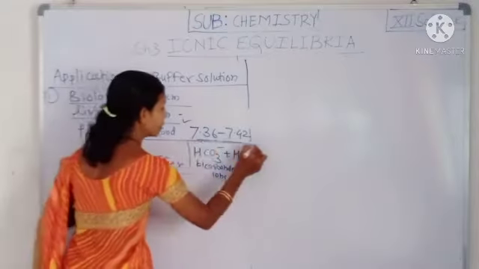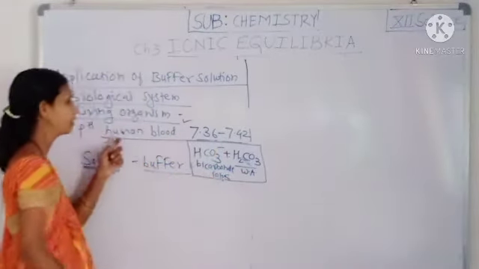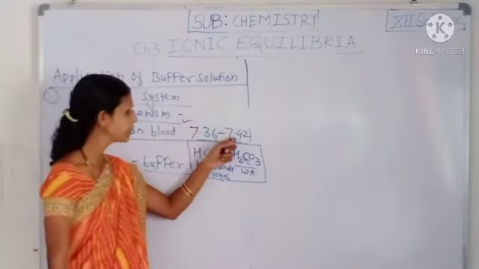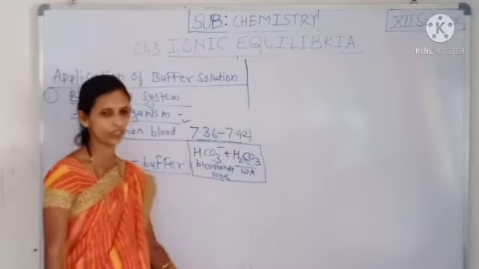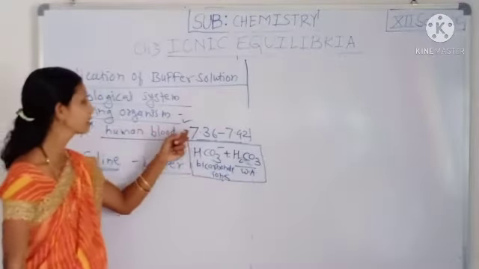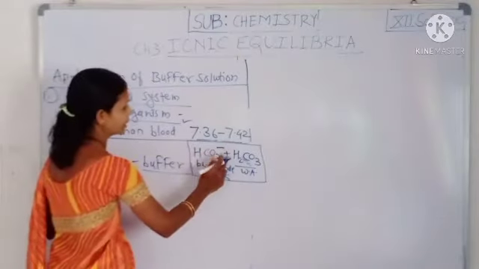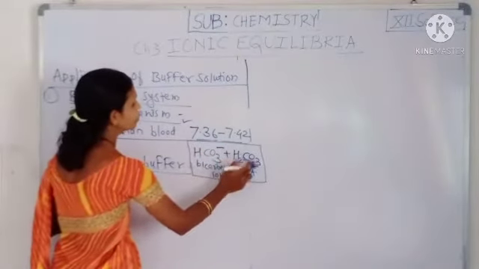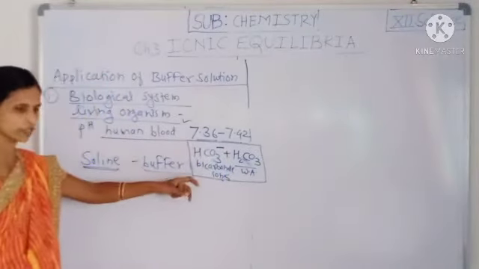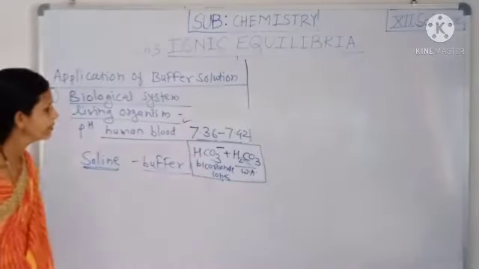Because of that buffer which is present in blood, the pH of the blood lies between 7.36 and 7.42, and almost all physiological functions are carried out at this pH of blood. It is maintained because of that buffer, that is H2CO3 plus HCO3 minus ions, the acidic buffer. Then see here,